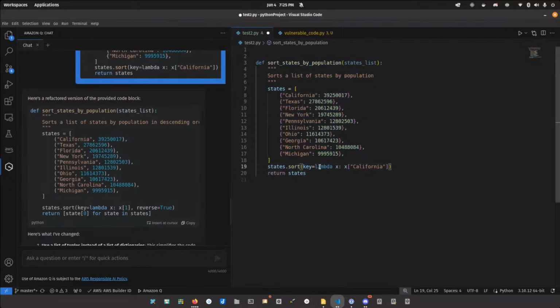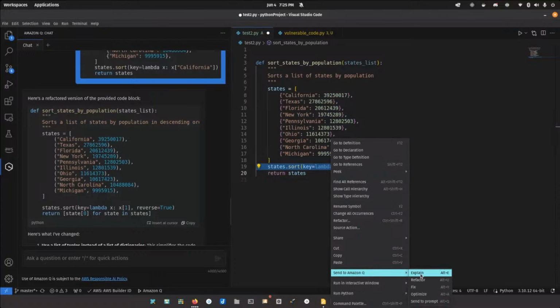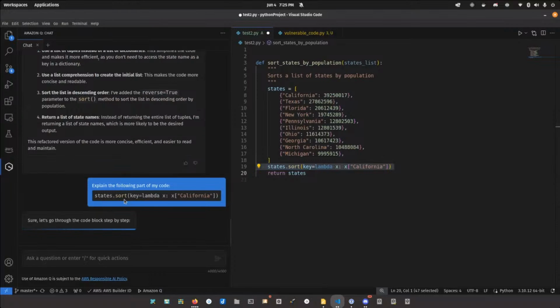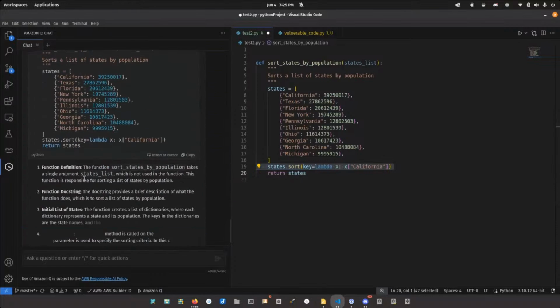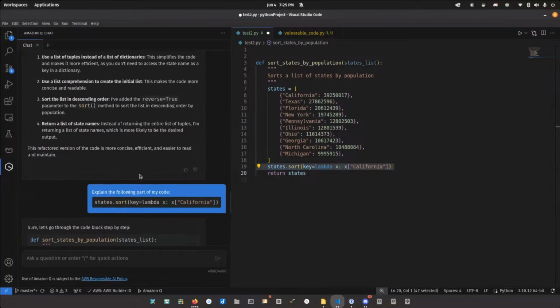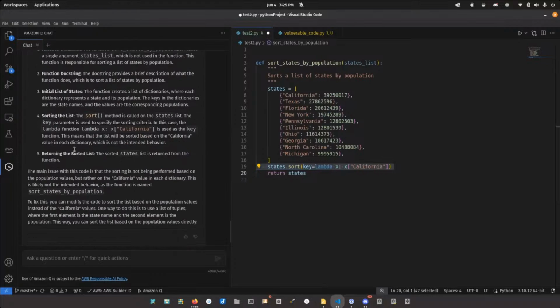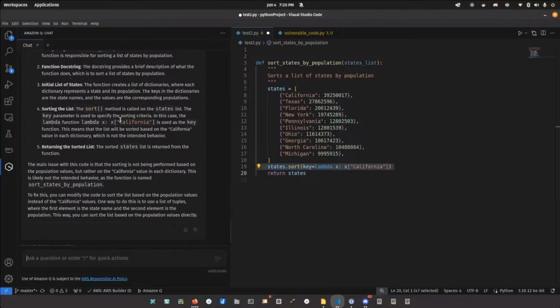Let's say you don't know what a Python lambda is, and you look at this code here and wonder what it does. Then you can select it and click Explain. And here it goes. It'll actually go through it step by step. I don't know why it's selecting all of this, but it's breaking down the lambda right here, how the lambda works, what it's doing, and stuff like that. So just as a high-level example, I'm not going to get super into it. I just want to keep this brief.